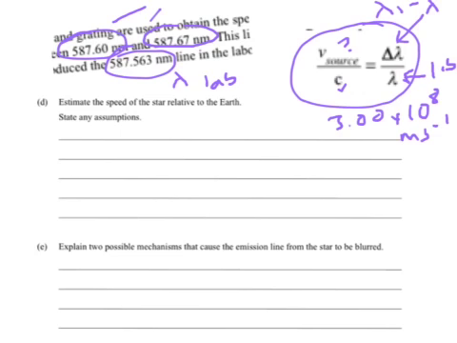Okay, so the only problem is we've got two wavelengths that are measured from the source. So we're going to have to take an average of those, to find roughly the middle. So we'd add those two together, the range, and divide by 2, and then we'd substitute into this section above. I'm not going to do the whole thing because you can follow the calculations through, but it's really